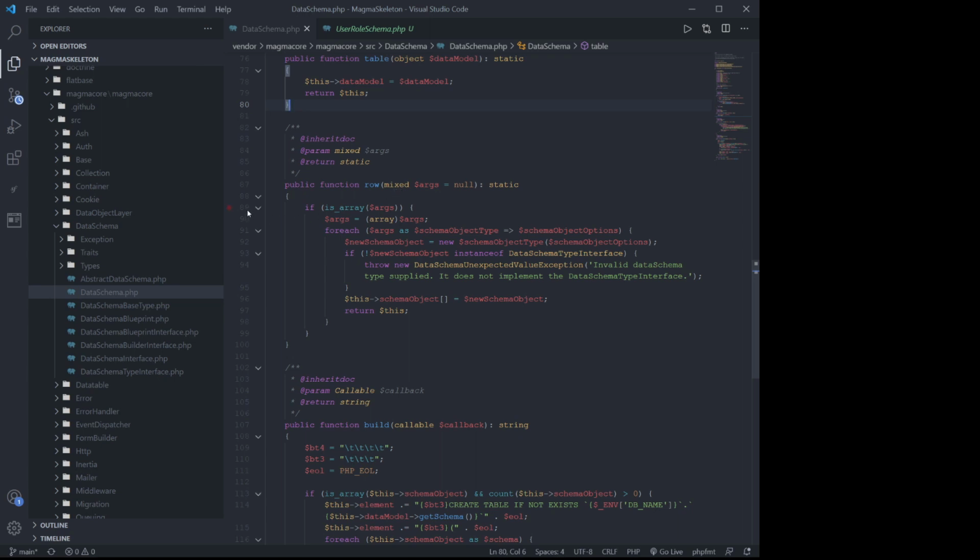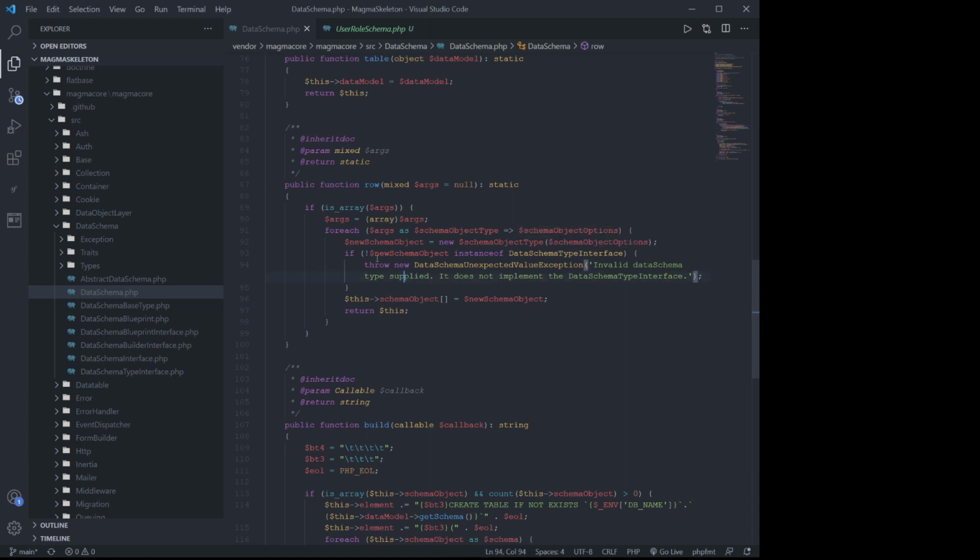So we're checking if it's an array. Yeah, so we're going to create a for each loop over those arguments, and we're going to create objects from them and get all the settings or all the attributes as options. So we're creating a new object, and we're passing all those attributes as the arguments for those particular objects. And I'm going to show you what this looks like. I mean, it might not look much to you at the moment because you're probably sitting there scratching your head, what's going on here? You can't really see what it's doing. But I'm going to show you exactly what these objects look like